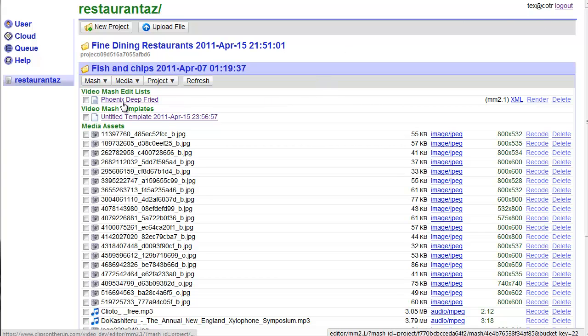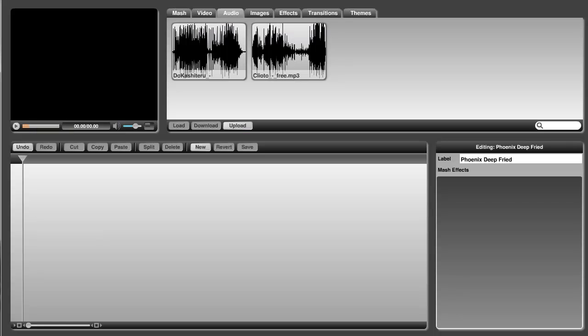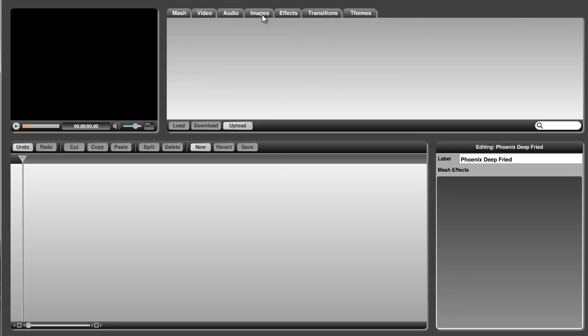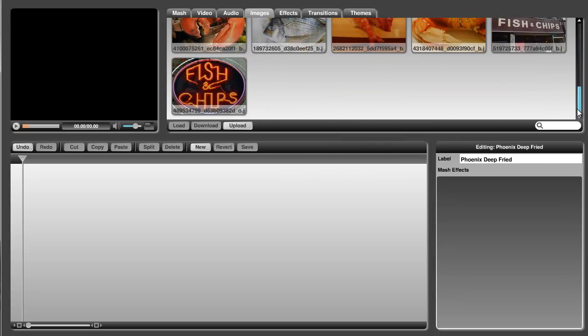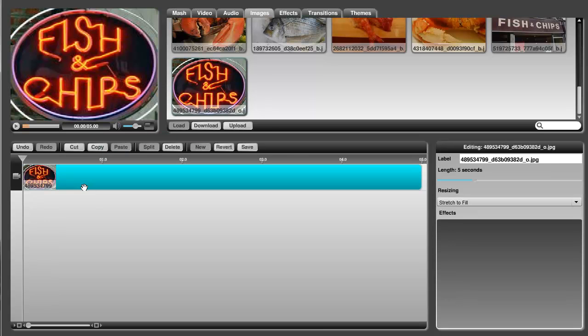Previously we created our Phoenix Deep Fried Mash. Okay, so here we are in Phoenix Deep Fried. As you can see in the audio, I have two Creative Commons MP3 files that we'll use later on, and we have some images. So normally what you would do for a client you're trying to get, or for an existing client, is drag their logo down, decide how long you want it, and then what I normally do is add